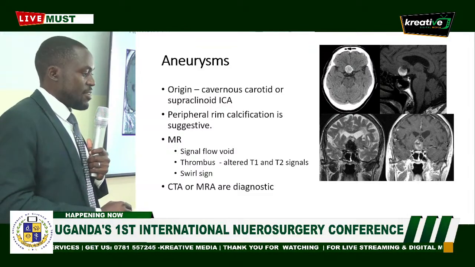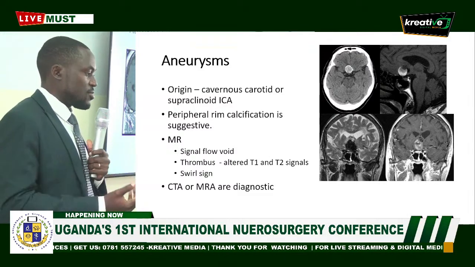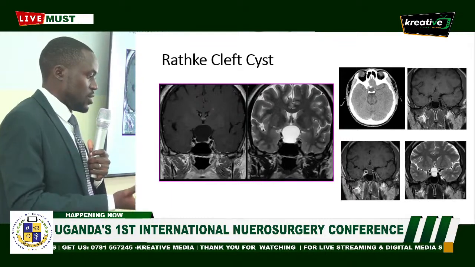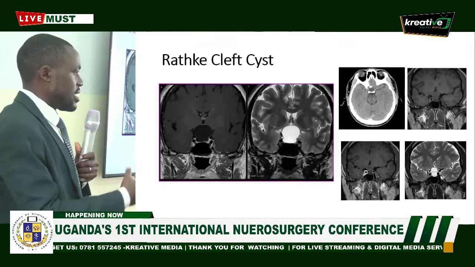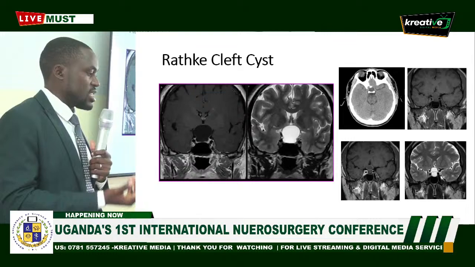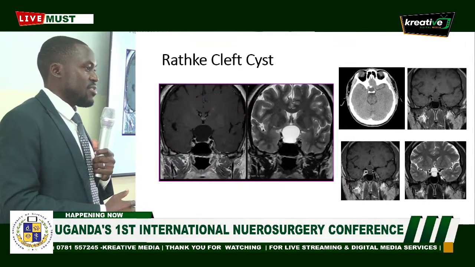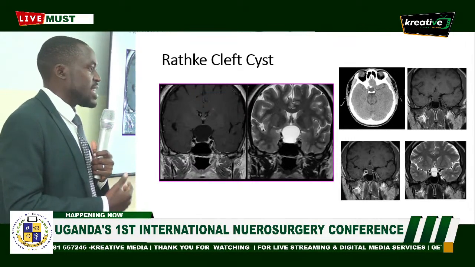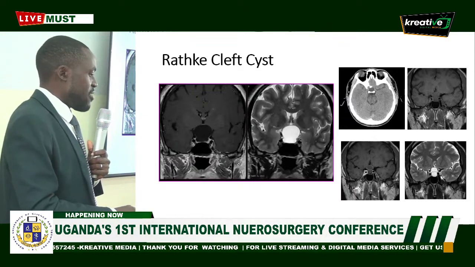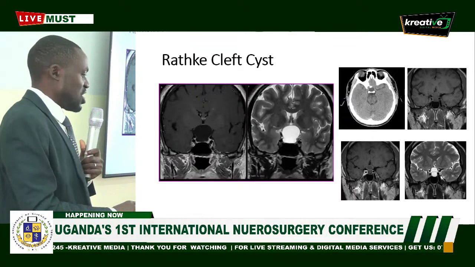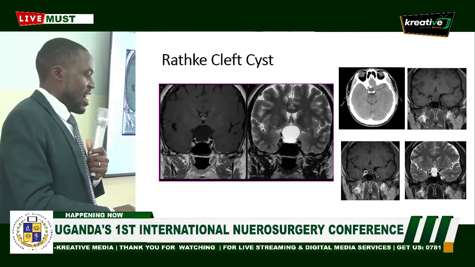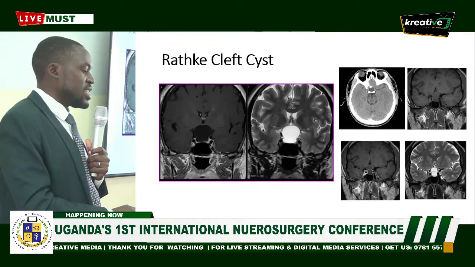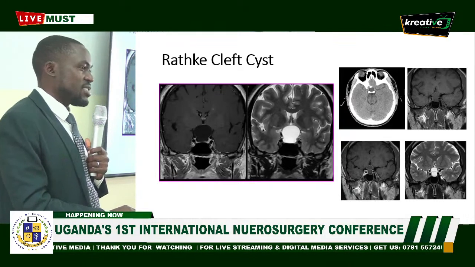Rathke's cleft cyst, remnants from the Rathke pouch, which is supposed to involute and just leave a layer of cells, and sometimes from these you can have cystic structures arising. The fact that they are cystic makes our life easier, okay? So you have a mass that is cystic in nature. On T1, we'll have the same signal as fluid, and on T2, we'll have the same signal as fluid or